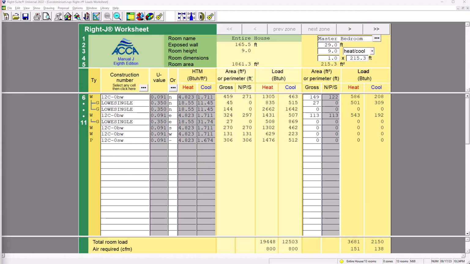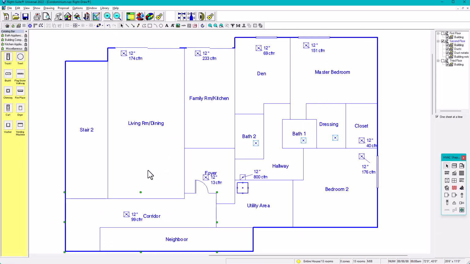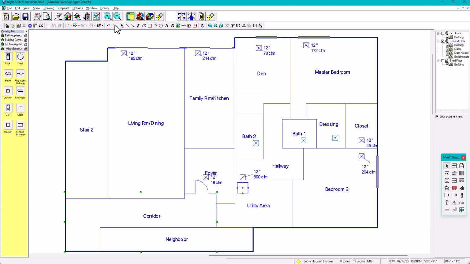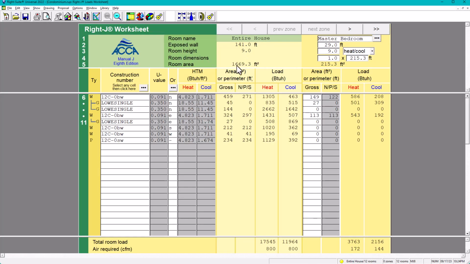1636. Okay, this is big. 1861 is not correct, and the reason is this corridor. As of now, it says it's included in the calculations. Yes, in this case, we have to put no. Okay, there you go. But now let's check on the area. The area is going to be now